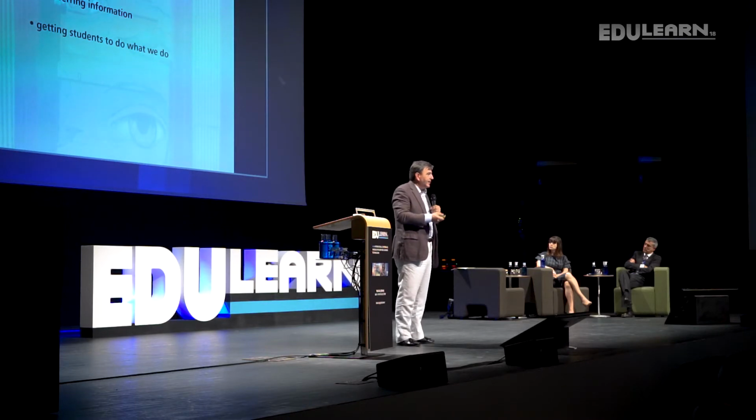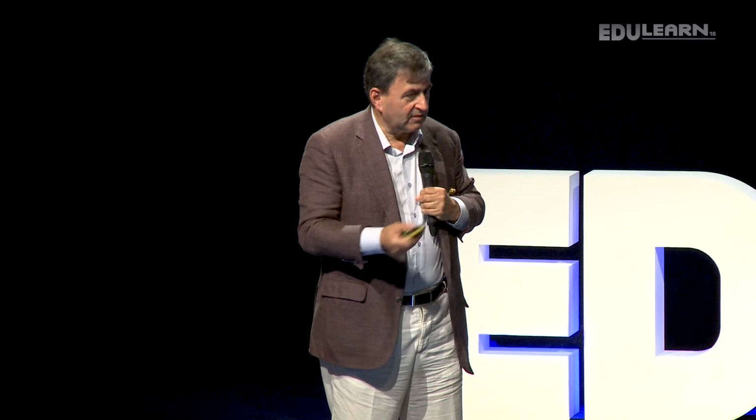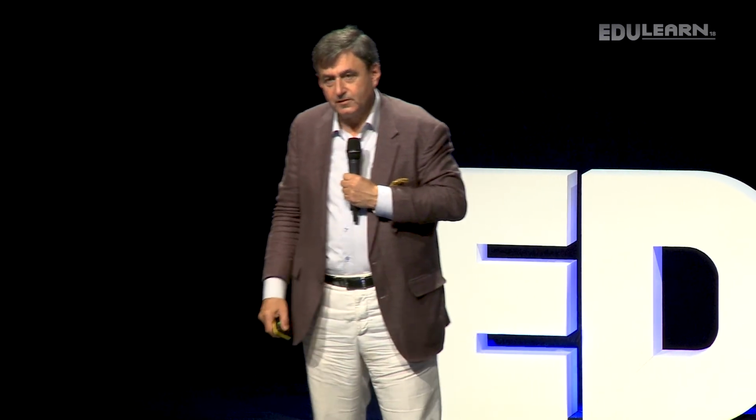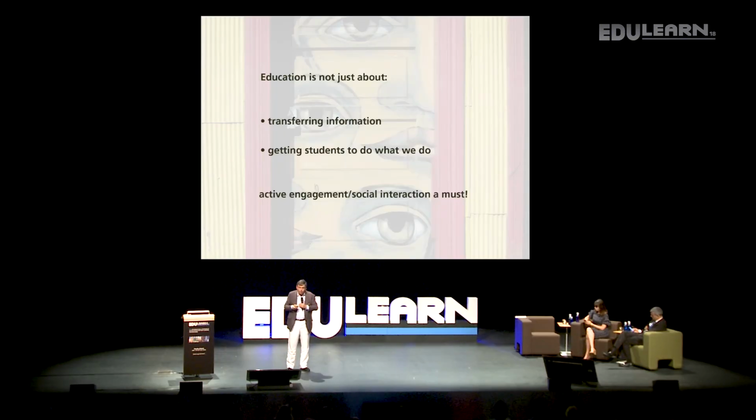If all we do is teach by example, then the best the students can do is solve the problems that we can solve. Well, there are many problems that we don't know how to solve, and we need the next generation to be able to solve those. And I stated 4 years ago that active engagement, social interaction, is a must in the classroom. I've shown you today how we can extend that idea to online and out of the classroom. Thank you very much.